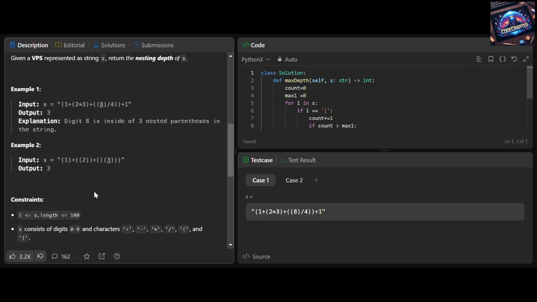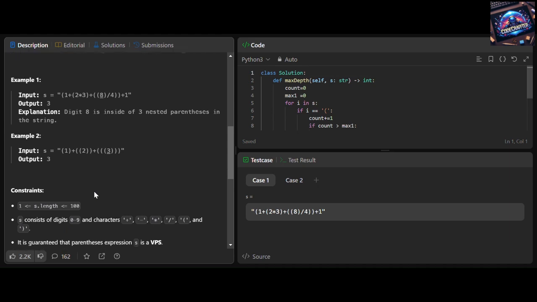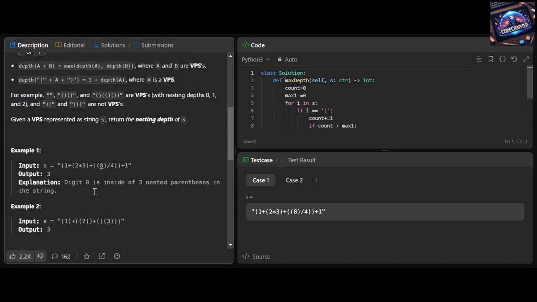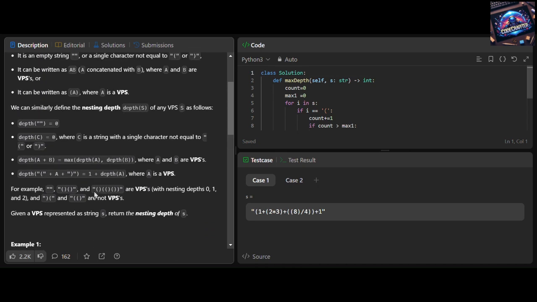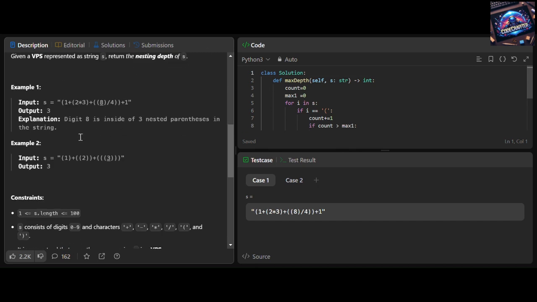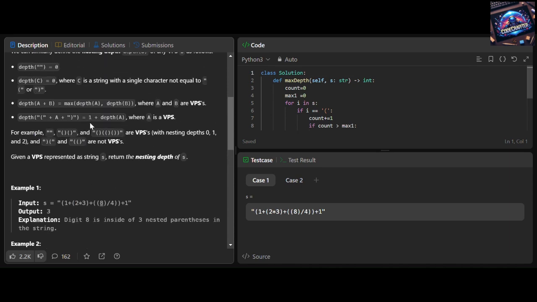To conquer this problem we can adopt a straightforward approach, which is an efficient one. We will iterate through each character in the string, and whenever we encounter an open parenthesis, we will increment the current nesting depth by 1, and